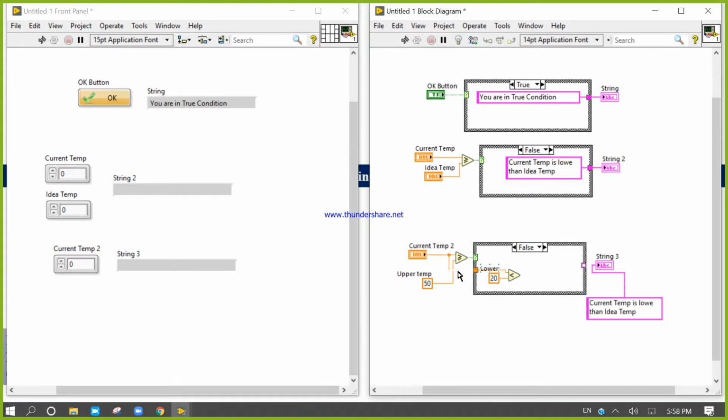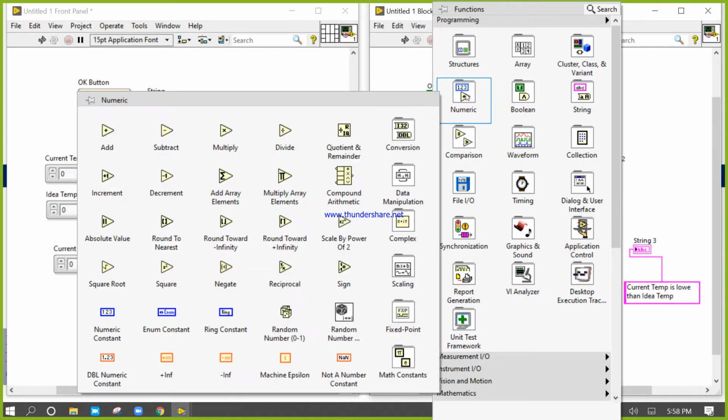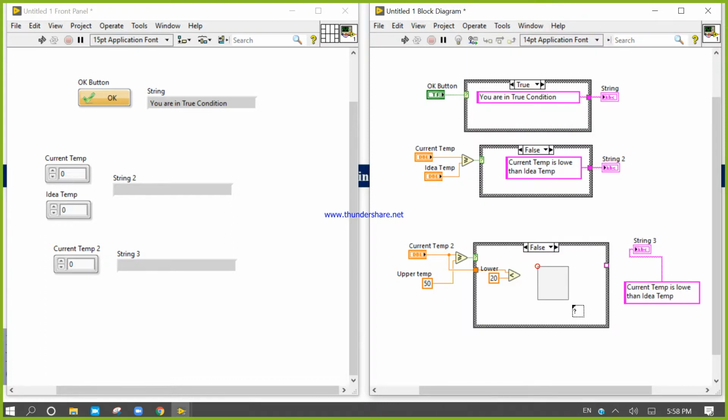If the current temperature is less than the lower temperature, we will use this concept: a case structure inside the case structure.